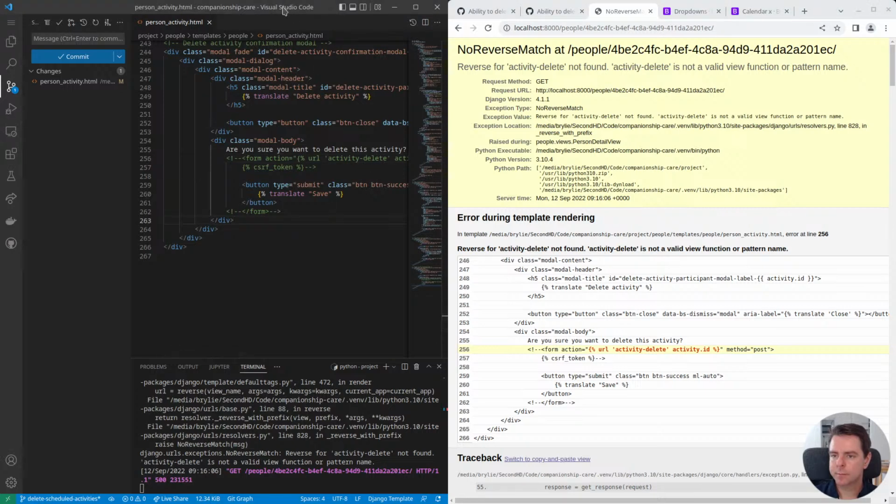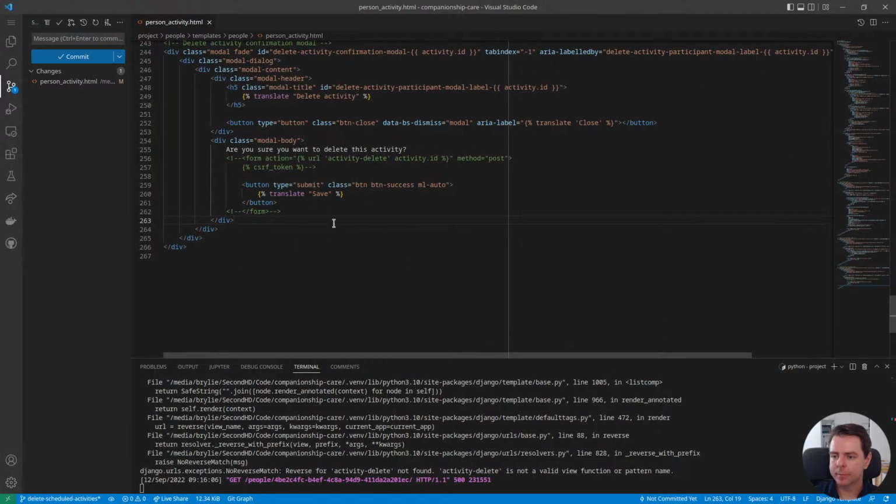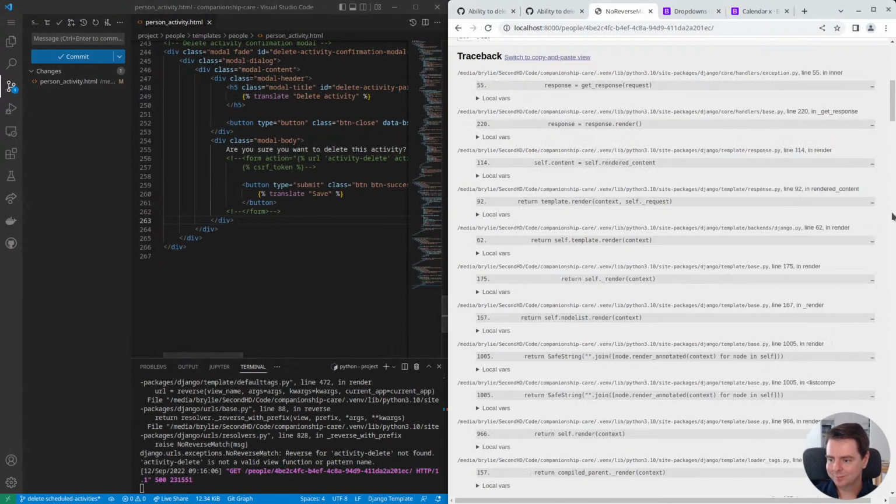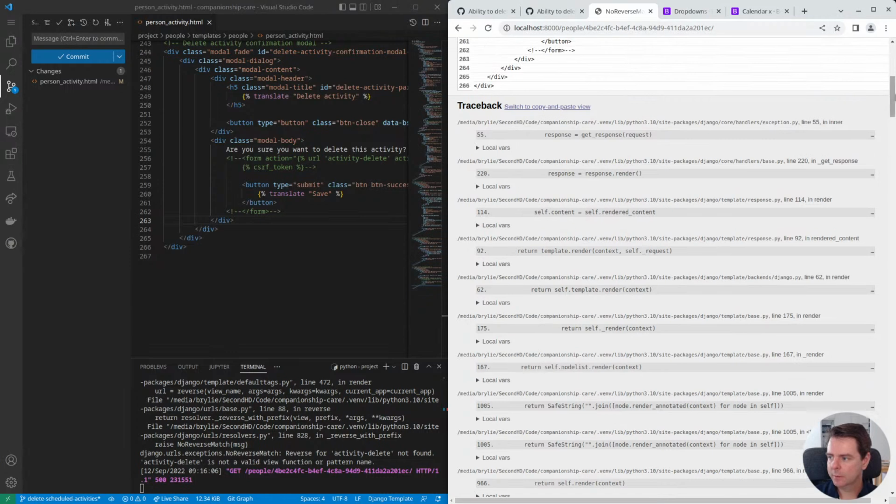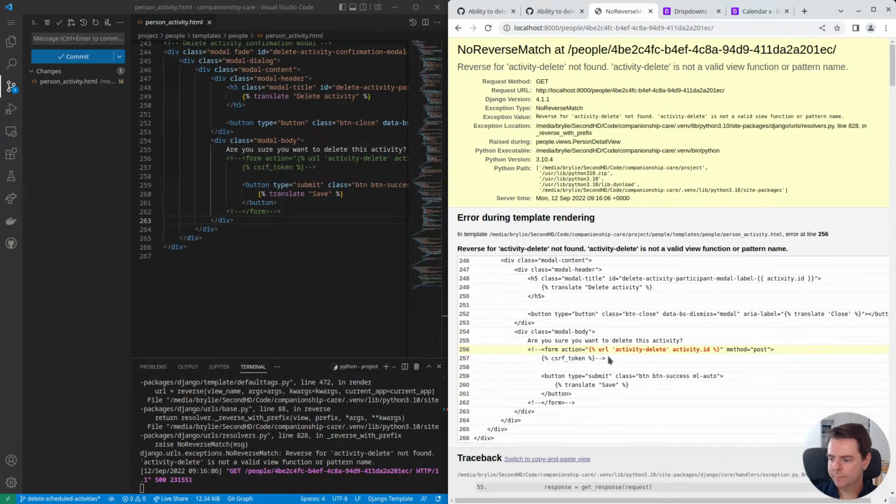This is interesting. That's commented out. Why? Whoops. That's why you have to use the Django comment thing. Interesting. No problem. Something about the template language. You can't just use the regular template comments